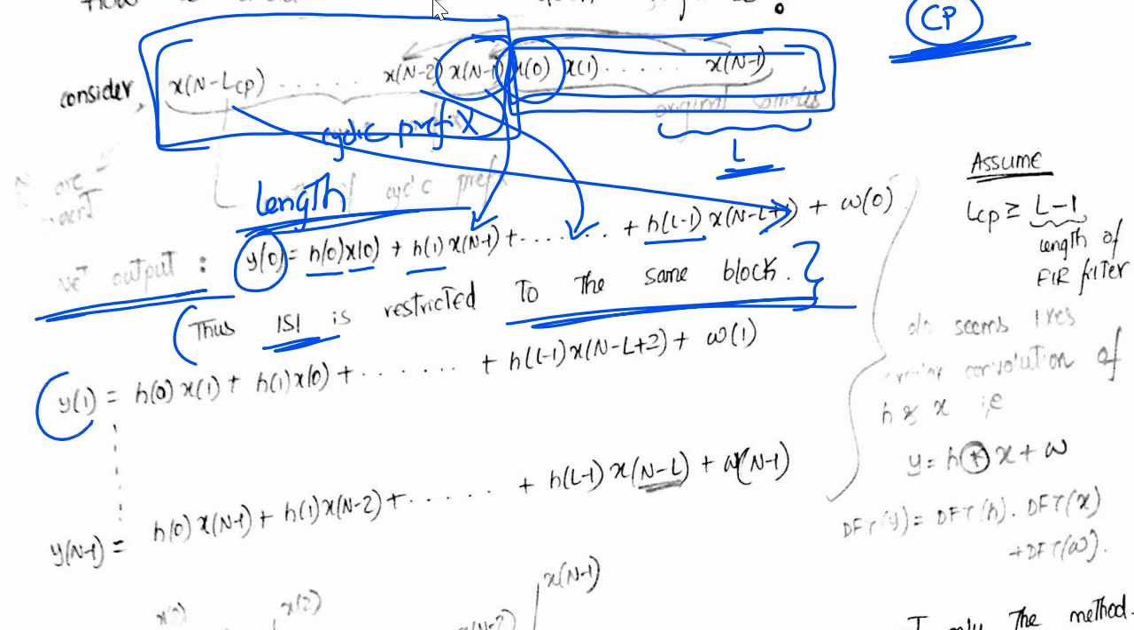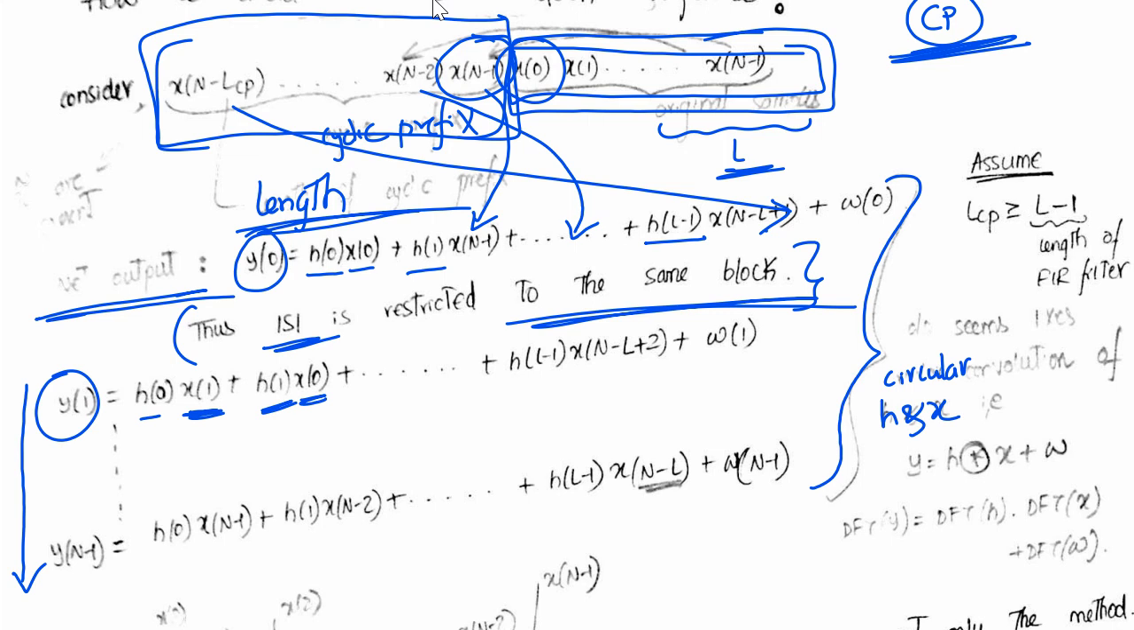Similarly, for y of 1, we can write the equations. On the first path, we should get x of 1, then x of 0 in the next path. On similar lines, we can write all the N received samples. If you look at these equations, they look like circular convolution, circular convolution of h and x. That's why we can write it in this form, that is y is equal to h circular convolution with x